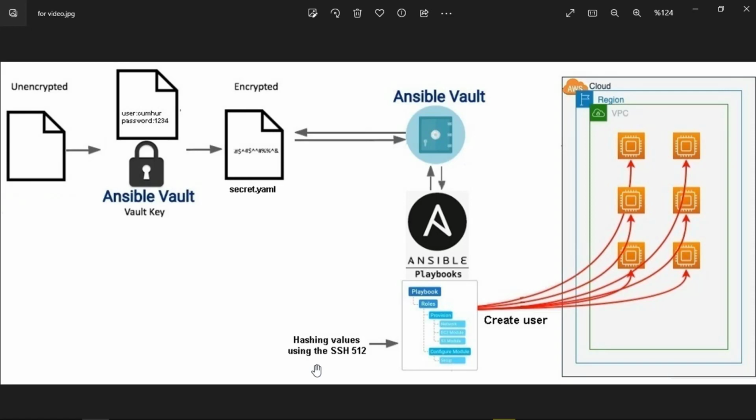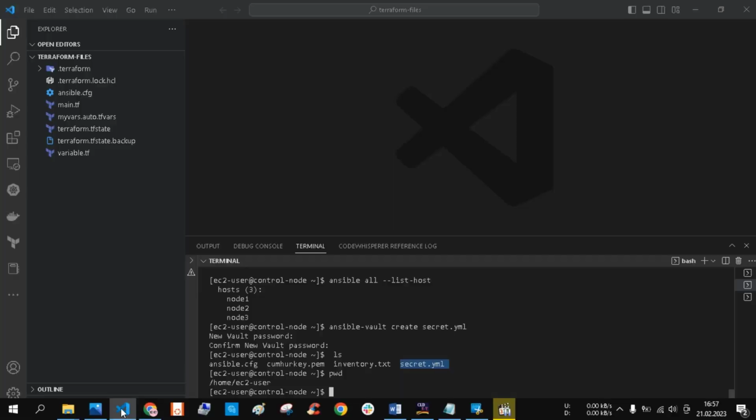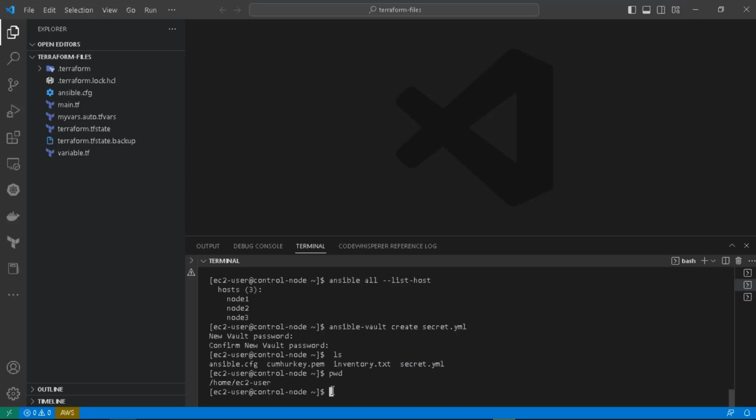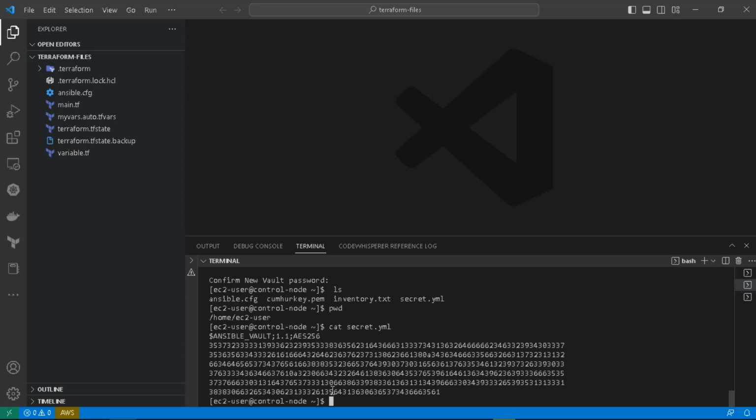I can see secret YAML with get command. This file is encrypted. I can't see password and username's value